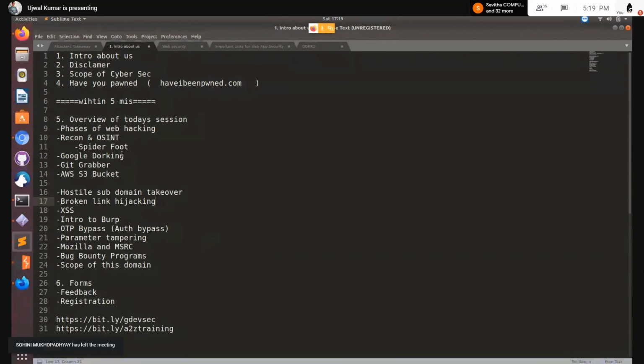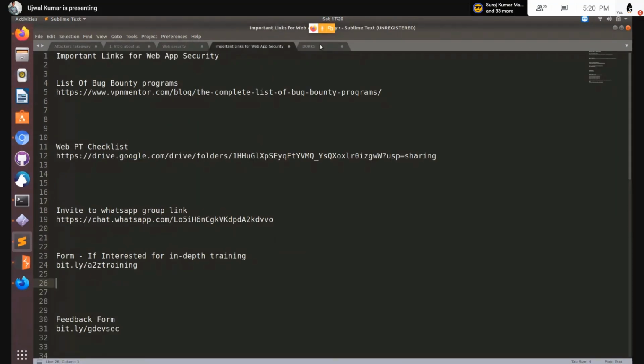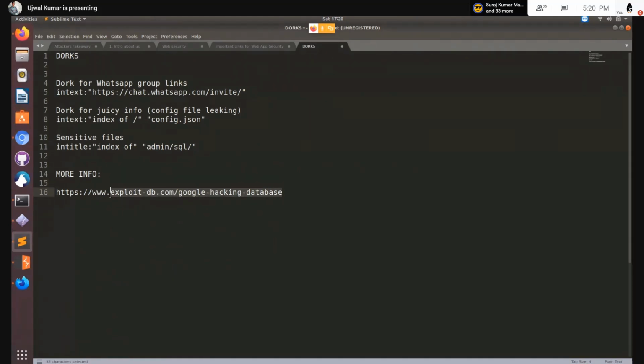Next, we are going to cover something called Google Dorking, right? So I have written a blog on Google Dorking as well. And Google Dorking is basically a very, very powerful tool, and any script kiddie, any newbie can use it. Even at the end of this call, you can just go to exploitdb.com/Google hacking database, right? And you can see a lot of dorks. Dorks are basically advanced searching methods. Say you want to search invite links of a lot of groups, right? So just take this and just go on to search it.